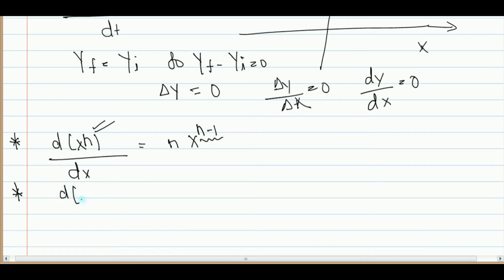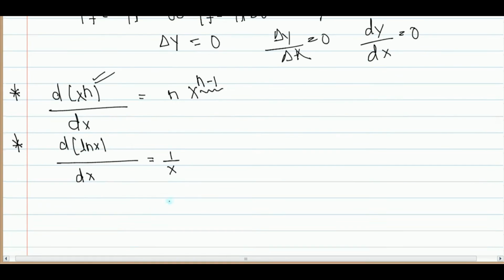Okay, so what about the differentiation of the logarithmic function? Differentiation of the logarithmic function with respect to x will be equal to 1 by x. Okay, differentiation of sin x